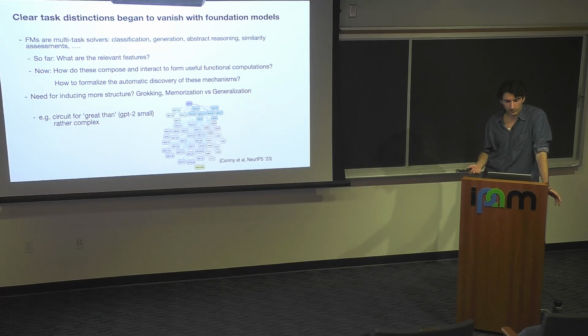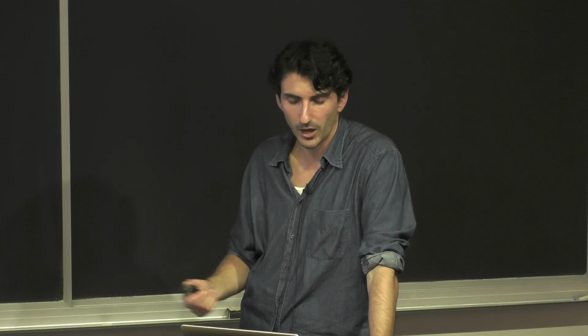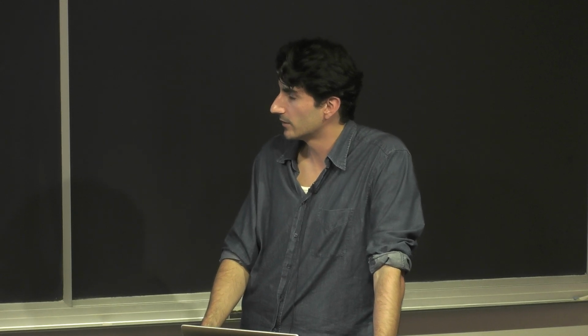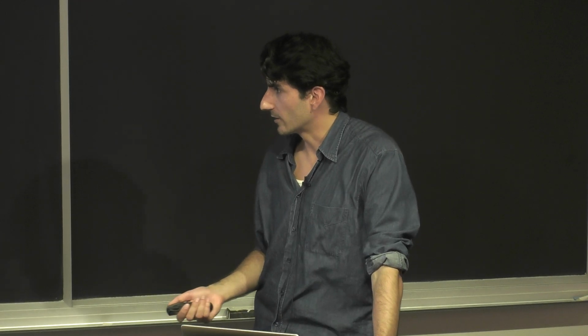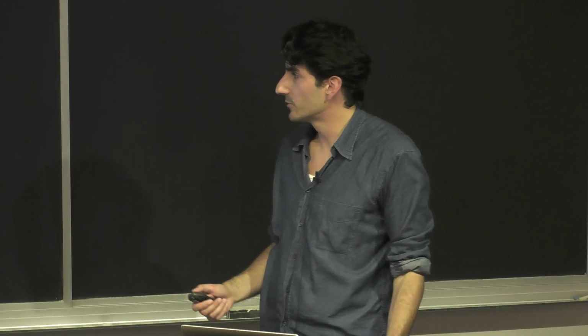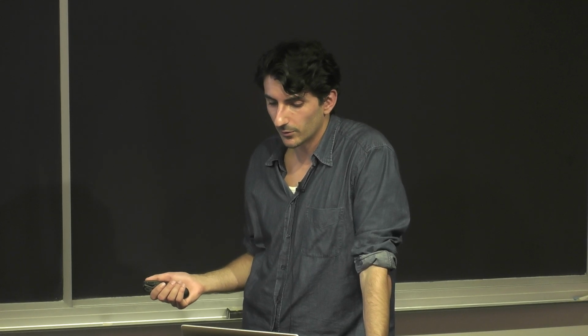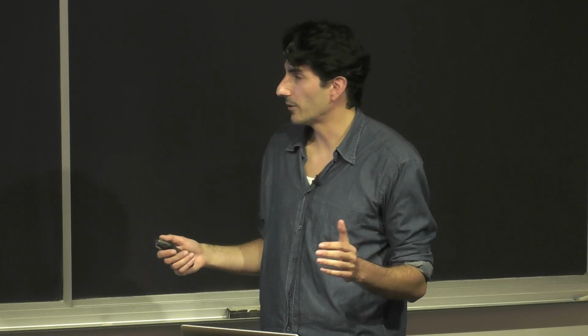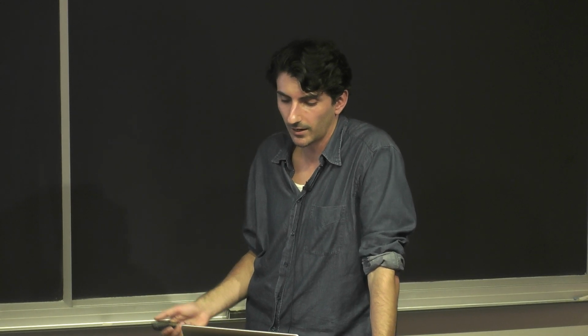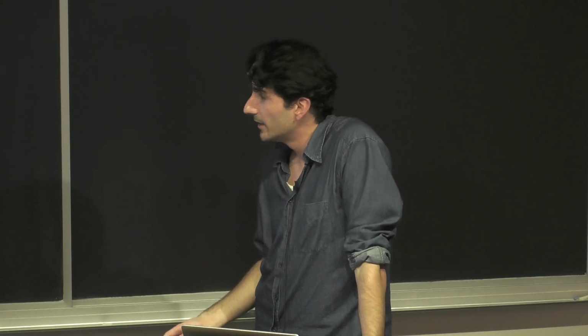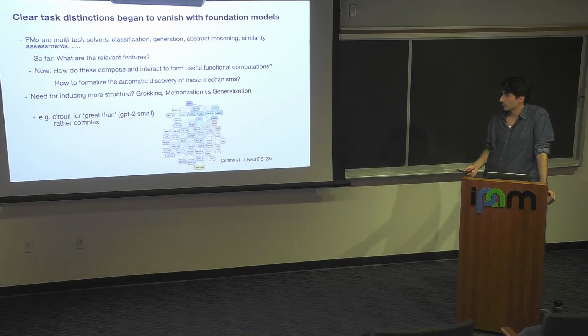A more general question is also, do we need to induce more structure? We have seen that inducing structure changes the way the model resolves certain features. We've discussed many of these grokking, memorization versus generalization problems. What came to mind here was maybe we should just separate memorization and generalization in the models. Maybe we just need a separate memorization module, and we can, in a completely interpretable way, distinguish when the model is doing which. Because also some of these models learn maybe reasonable circuits. So we have an example here